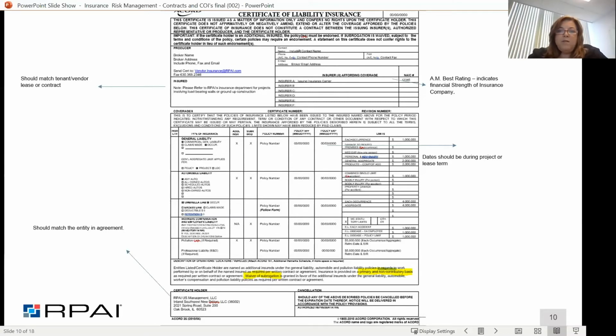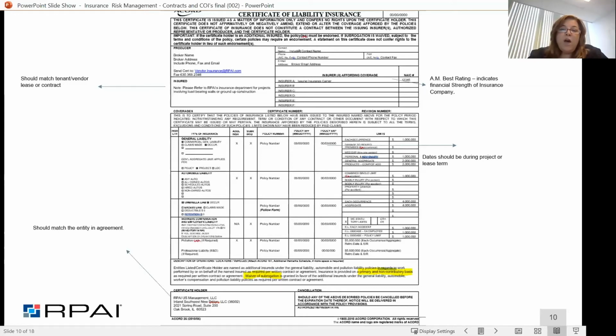Over to the right of that, they list the various insurance companies that the evidenced coverage is written for. As you'll see, they have insurer A, B, C, and D. If you look down to the lower section where the coverages are written, this one only has one carrier, but if it had two or three, the left-hand corner next to the general liability, auto, umbrella, and workers' comp would reference which insurer in that box is providing that coverage.